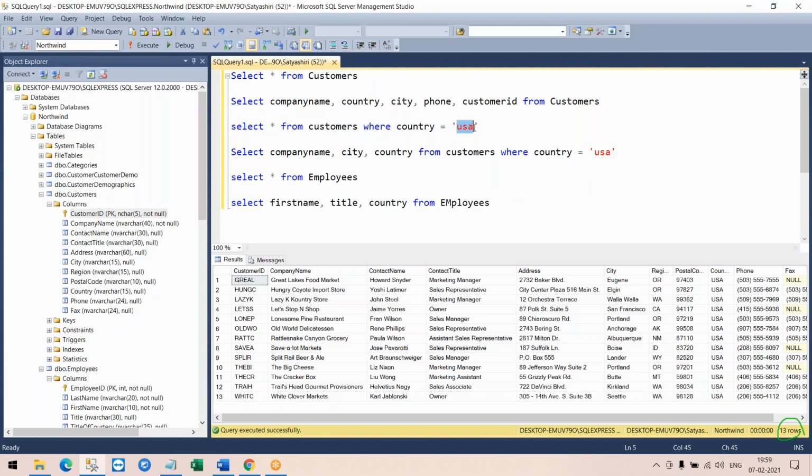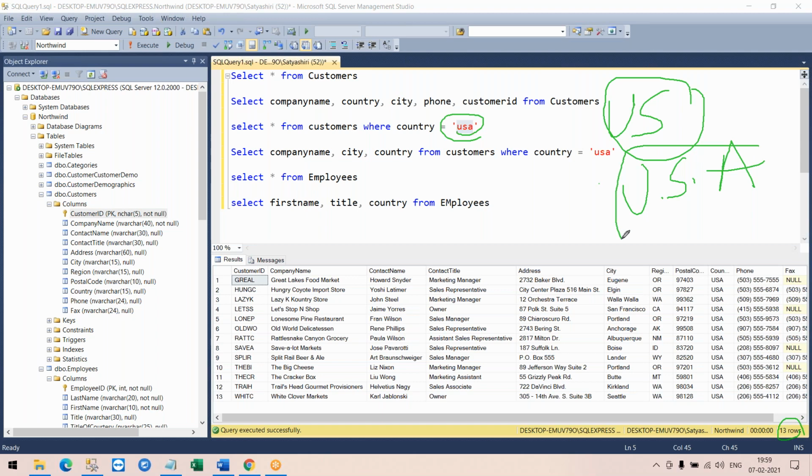How do I know it is USA, or should I use US, or U.S.A? How do I know that? Since I already worked on these tables, I know it is USA. How can I decide whether it should be USA or U.S.A?